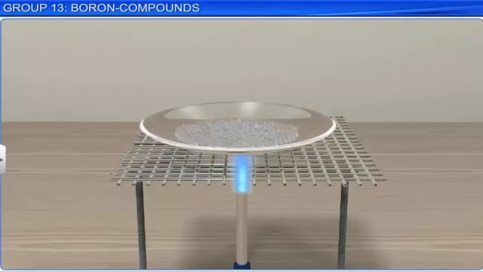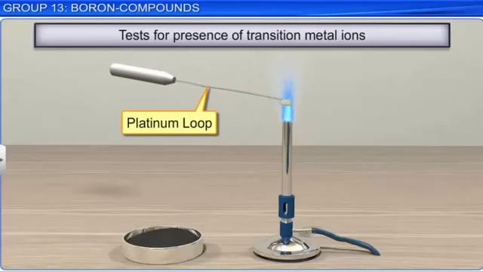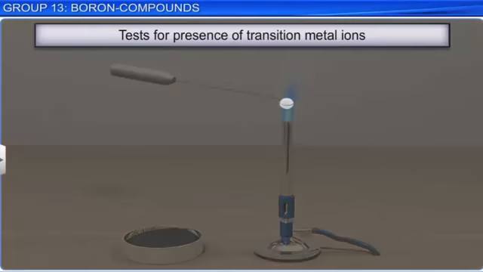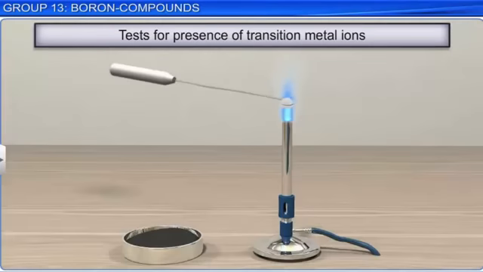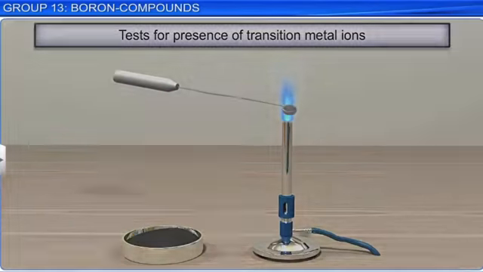The borax bead test is a qualitative way to test for the presence of transition metal ions. A platinum loop is used to heat a small sample of borax in a Bunsen burner flame until a borax bead forms. The bead is then dipped into a small sample of the substance being tested. Then, it is held in the lower part of the flame,